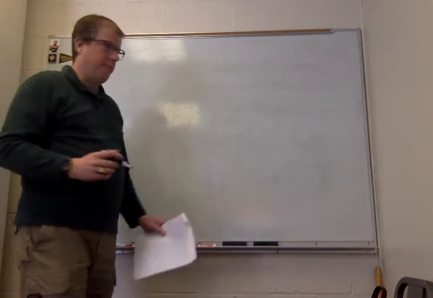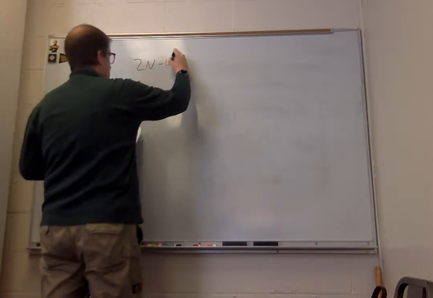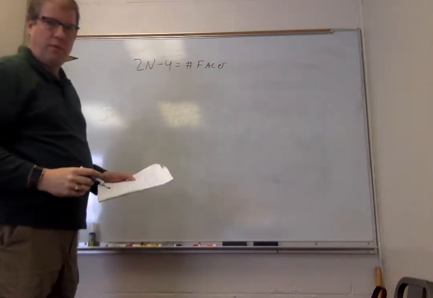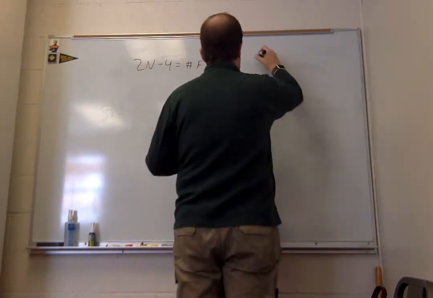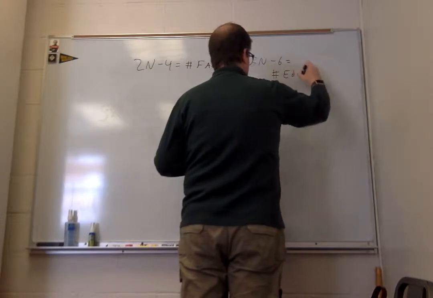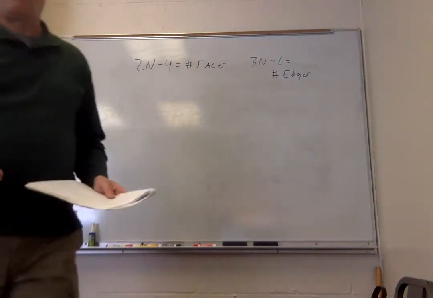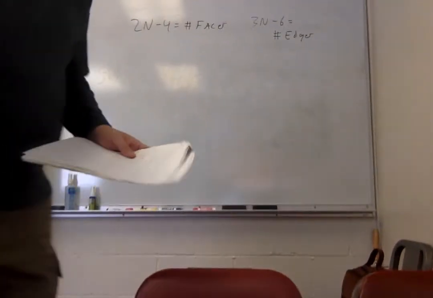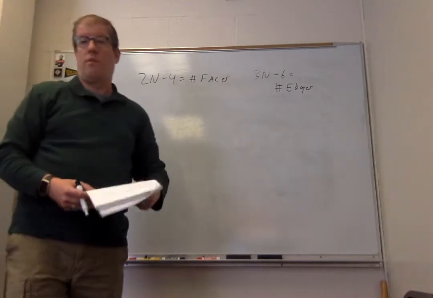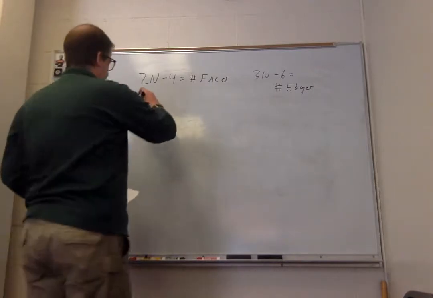And again, these equations: 2n minus 4 equals the number of faces, and 3n minus 6 equals the number of edges, apply only to the closo geometry. You can't use these for the other ones that we'll get into here in a little bit. Okay, so let's look at